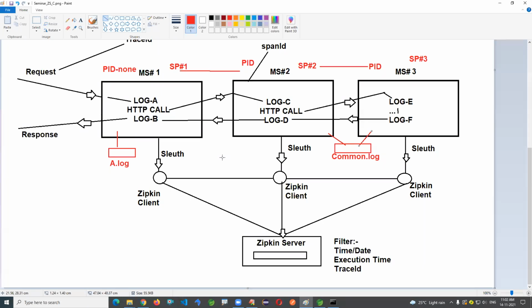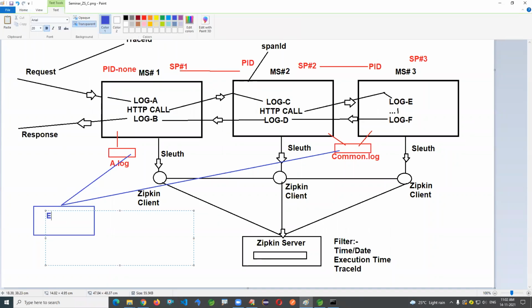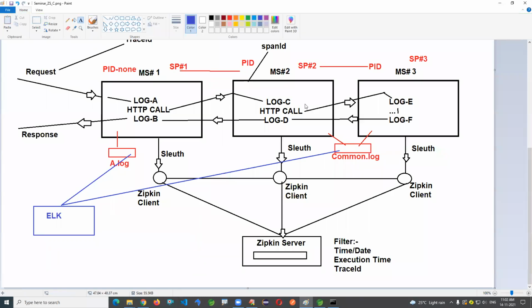Now, whatever log files are generated, the log file data also you have to gather. This is only printing the path details, execution order, and the IDs, but it's not showing any log lines data. Zipkin server will never display what log lines are printed. If you want to find out those details, we need to use log aggregator tools. One of the tools is ELK: Elasticsearch, Logstash, and Kibana. Of course, you might be using different kinds of tools in companies.